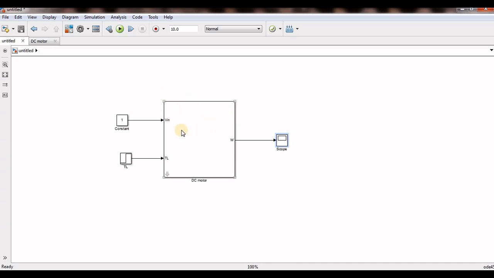In my next video, I will show you how to design the speed control of DC motor in closed loop. Actually, this is the modeling, so all are in arrows, not like an actual system. In my first video, I presented the difference between arrow and dot models. But this is not a dot model, this is the arrow. So I can easily design the speed control of DC motor based on fuzzy or PI, whatever. In my next video I will show you how to design the speed control of DC motor based on fuzzy logic.